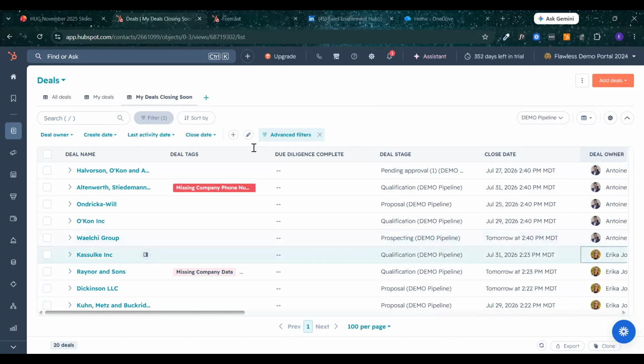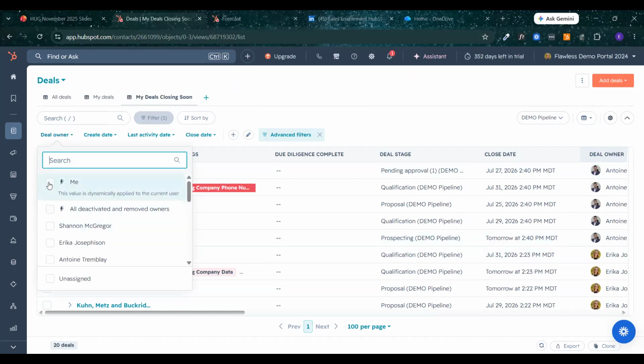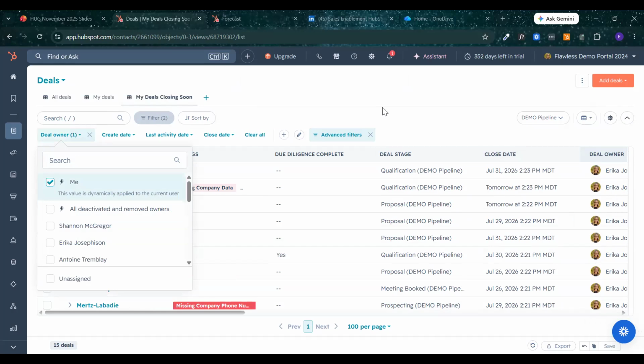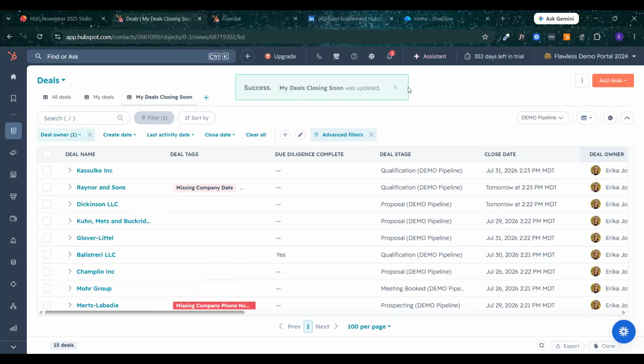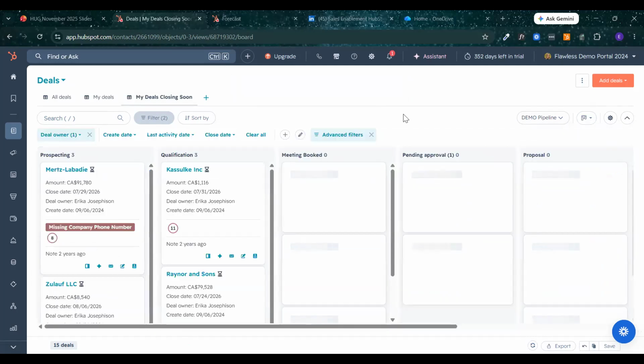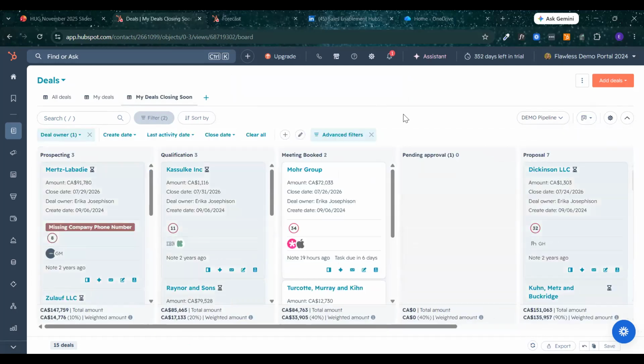And then you can see the deal owner, not always me. So you can always change that and then save that as well. So this can be a quick filter that you create for anybody who has a specific set of deals that they want to come in and look at. And then they can look at it however they want. They can look at it as a table, they can look at it as a board. The filters will still apply, which is really helpful. So we always recommend creating, for everybody who comes in and looks at deals, the filters that they need to do their day-to-day there.